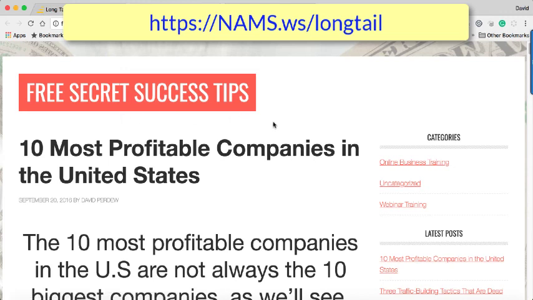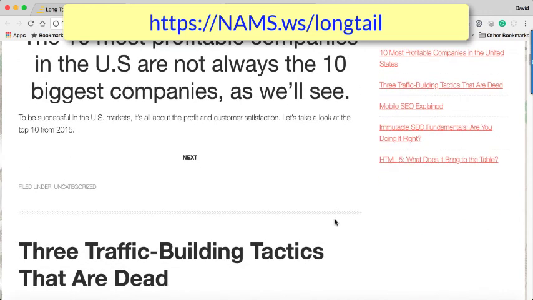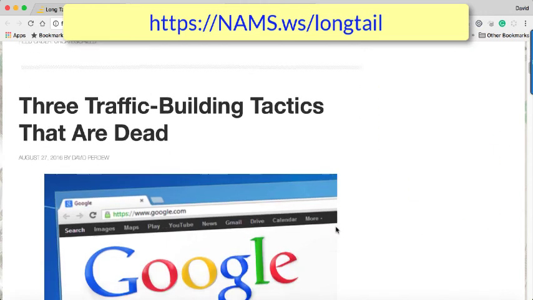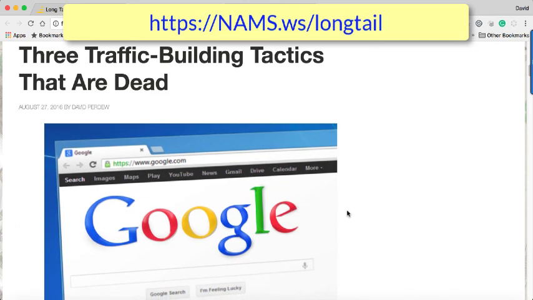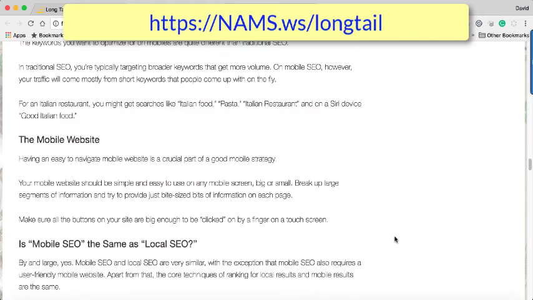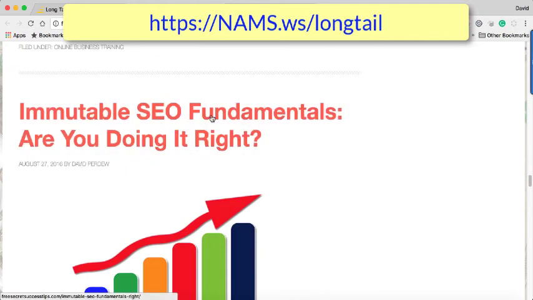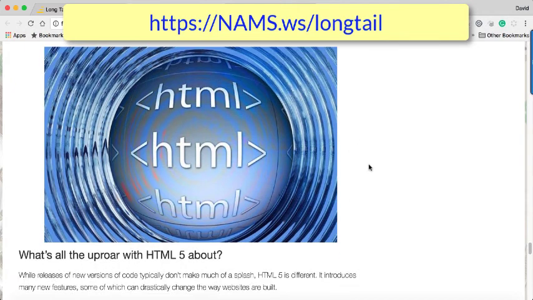So I'm going to show you a blog that I have called Free Secret Success Tips, and it's a newer blog. We do almost nothing with this, and it's basically about being successful online, right? Traffic building, mobile SEO explained, immutable SEO fundamentals, those kinds of things. So I'm going to come over to